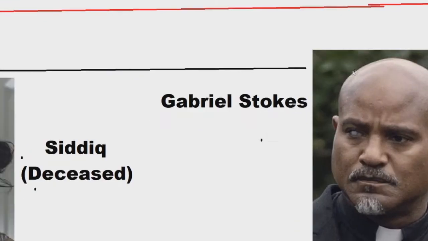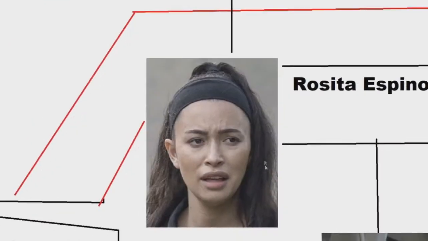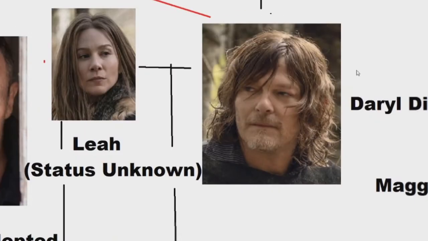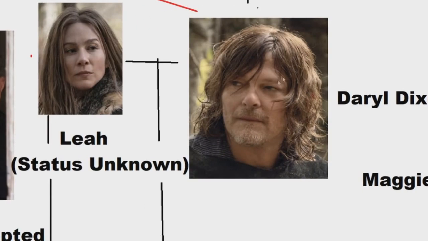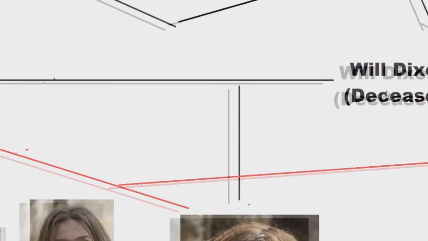So that concludes the first adoptive line, which I'm just going to call the Espinosa's line, but there is more. So we have the Dixon line. So Judith also mentions Daryl Dixon as one of her uncles. So through Daryl, we don't have too much, but if we go up, we know that his father was a